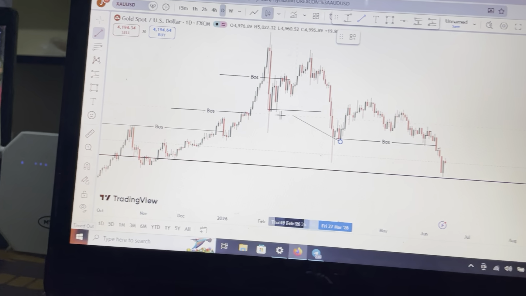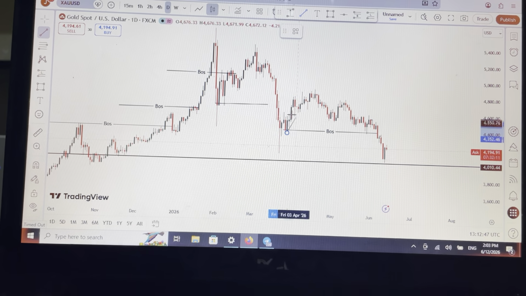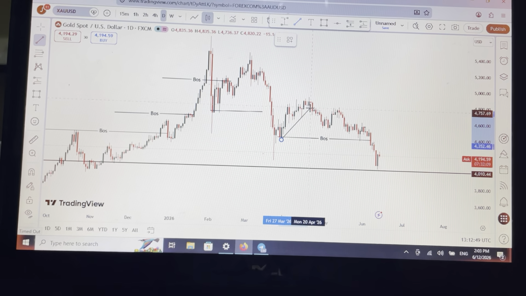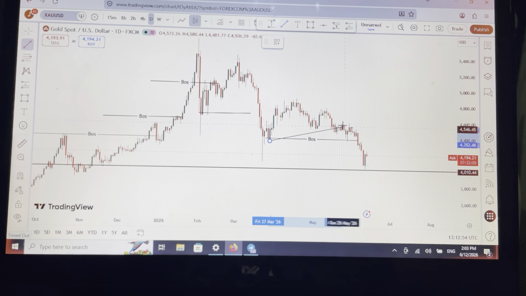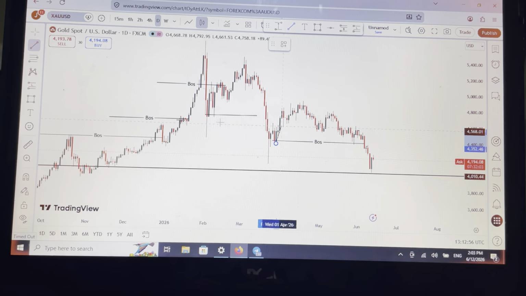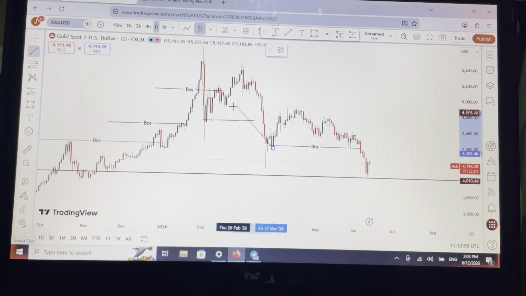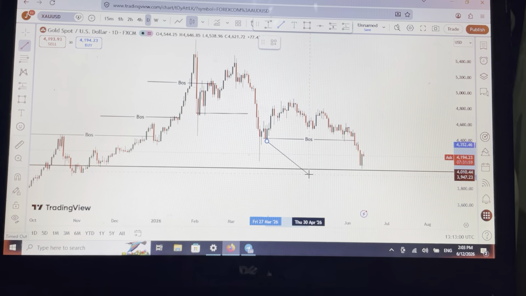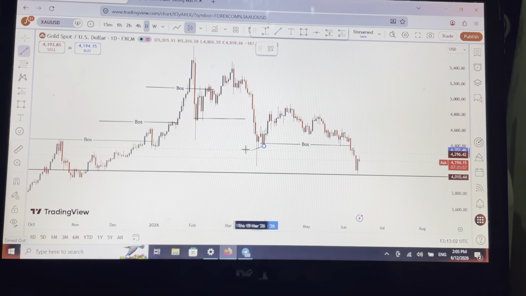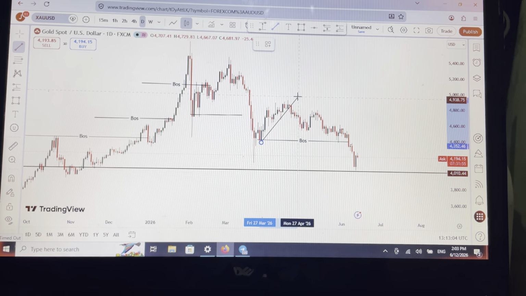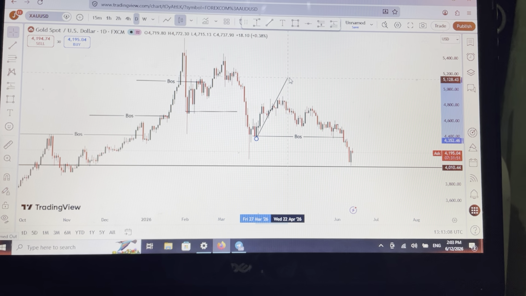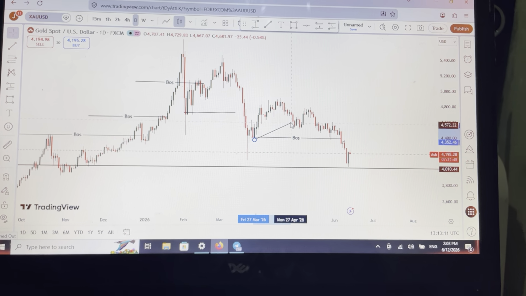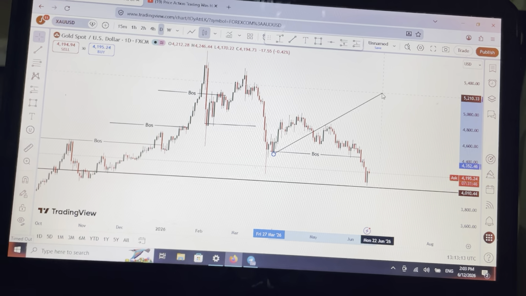So now there's an imbalance around here. Price did not give it. That's why I was telling you guys in the previous video that gold is bearish right from this level. Gold is still bearish because of that. When you have a two break of structure without price grabbing liquidity, price will push back to the order block. It does not matter whether it is the weekly time frame or the daily time frame. So long as we have that two breaker block on any time frame moving the trend, price will push to the order block in order to grab liquidity to push to the upside.